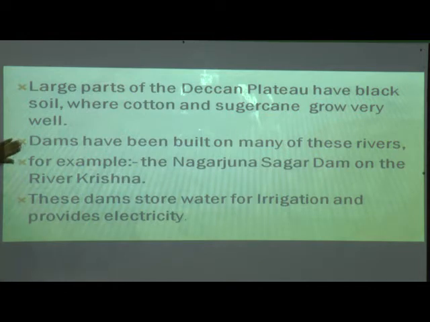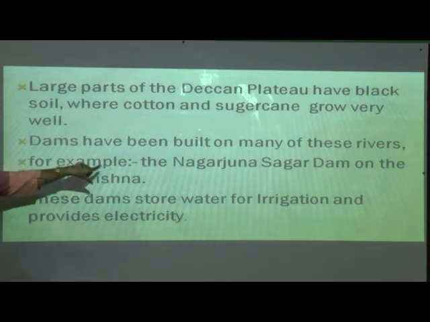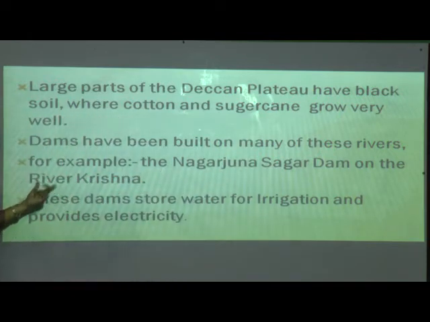Okay, now dams are there. On which rivers have dams been built? Many rivers have them. For example, the Nagarjuna Sagar Dam. Have you heard about this Nagarjuna Sagar Dam? Yes, when you visited these places. In the Satluj river basin, which dam has been made? Correct, that is Bhakra Nangal Dam. On the Krishna river, which dam is made here? Nagarjuna Sagar Dam has been built on the Krishna river.